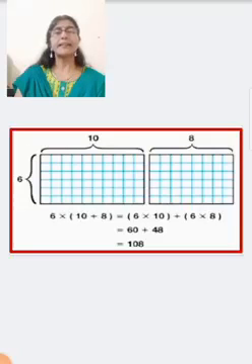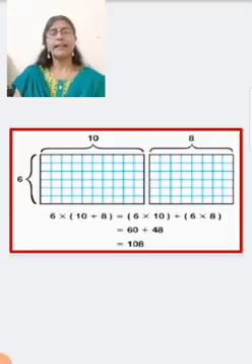Now let us see the left hand side of the question here. 6 multiplied by 10 plus 8. You can do this in this way also. 6 multiplied by bracket part 10 plus 8, when you add you will get 18. Now 6 multiplied by 18 is again 108. So what do we see here? We see both left hand side and right hand side is giving you the same answer. Let us see one more example.